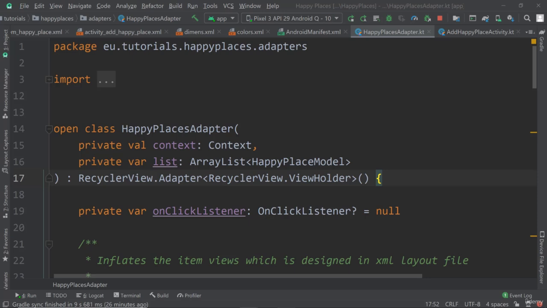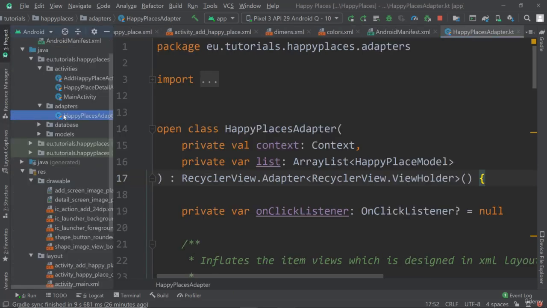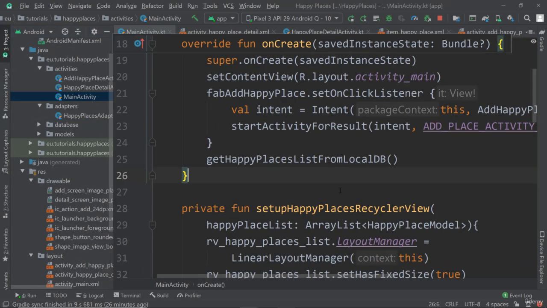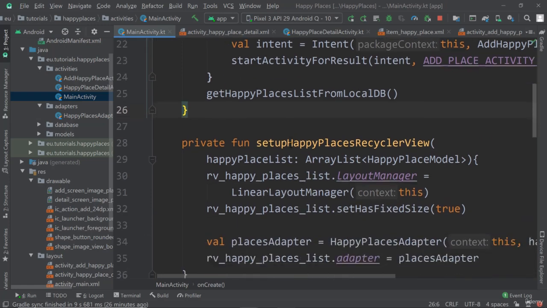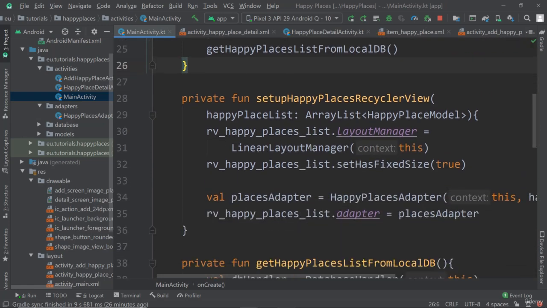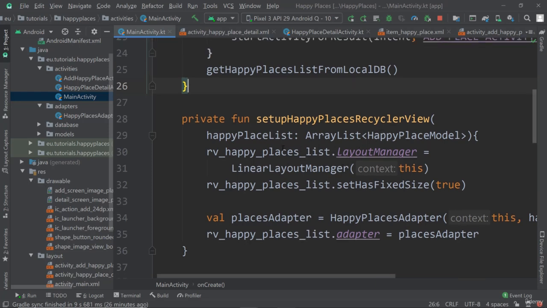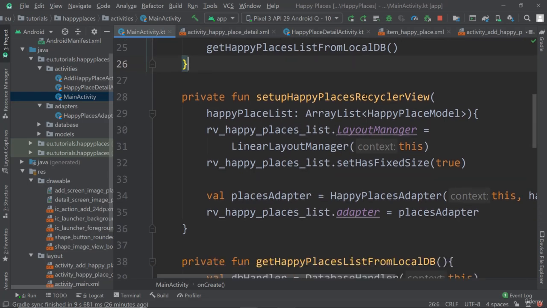work than just adding an OnClickListener, because the actual OnClickListener that we want to have will be inside of our main activity, because that's where we use this adapter, right? We use this happy place adapter in our main activity, because here we have our RecyclerView. Okay, so what we need to do is we need to set up this inside of our setup happy place